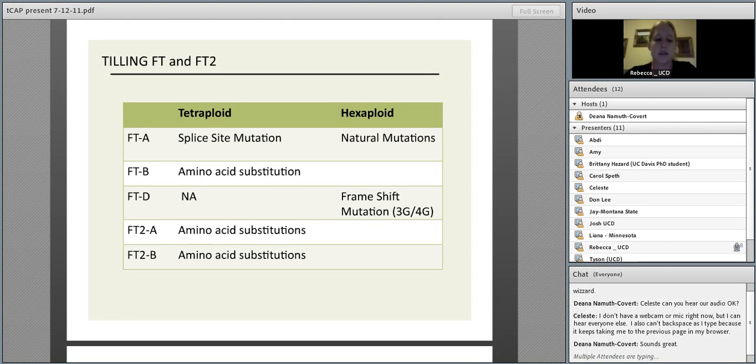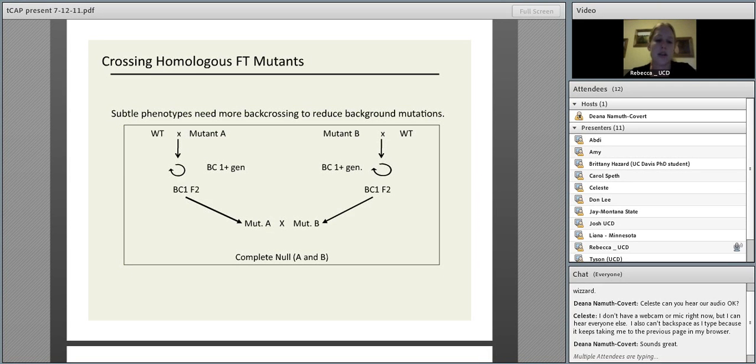So the next step, aside from further screening of the hexaploid to look for a more significant, more deleterious mutation in the FTB genome, is to cross these homologous mutations and create a complete null. And the reason that we have to do several backcross generations before completing these crosses and combining the FTA and FTB alleles, for example, is that we have a significant background mutation because of the EMS